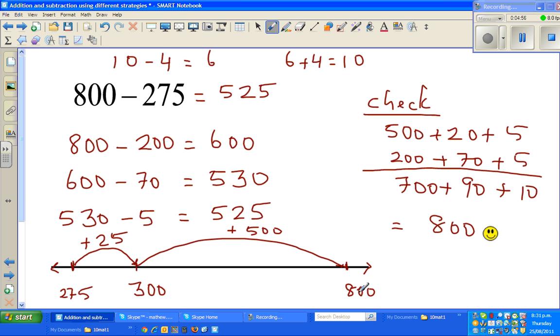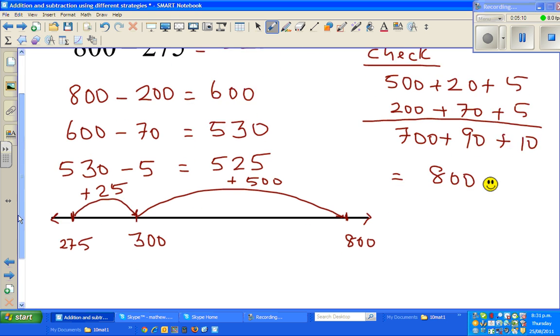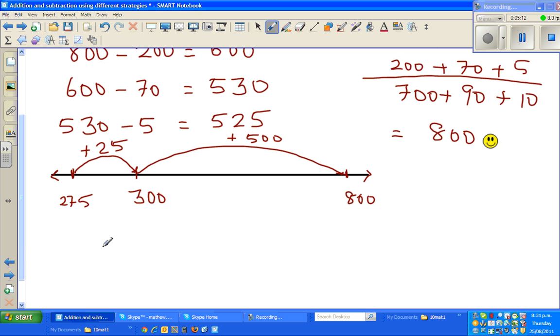525. Or if you go backwards, 800 minus 525 is 275. That's also a different way. 800 minus 525 gives you 275. Now I'll show you one more strategy. So the question is 800